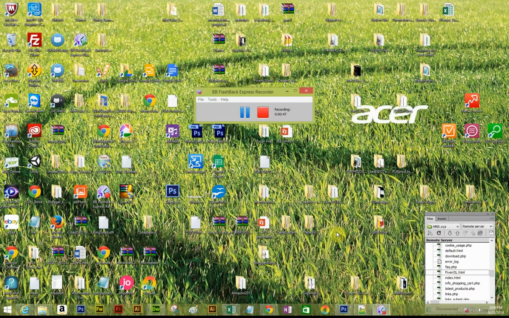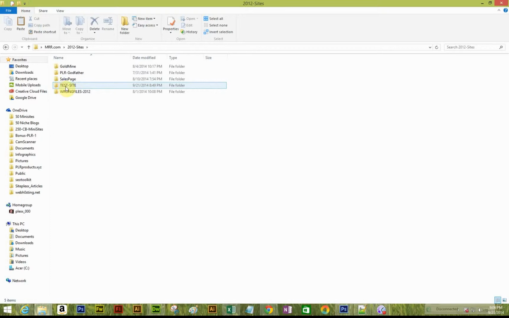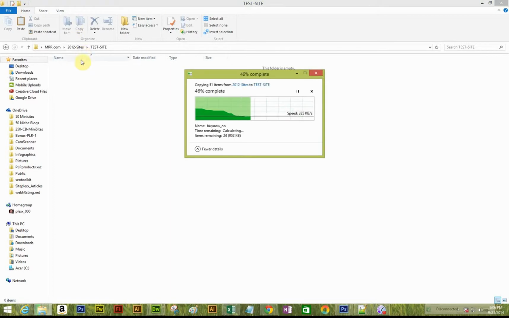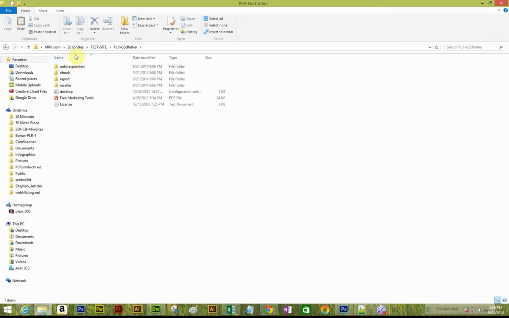So the first thing that you're going to want to do is locate your site files. In my case, my files are located in this folder, and I made a test folder with the files in it. At least I thought I put the files in there, so there they are. So once you open the main folder, because this is a PLR site, it'll look something like